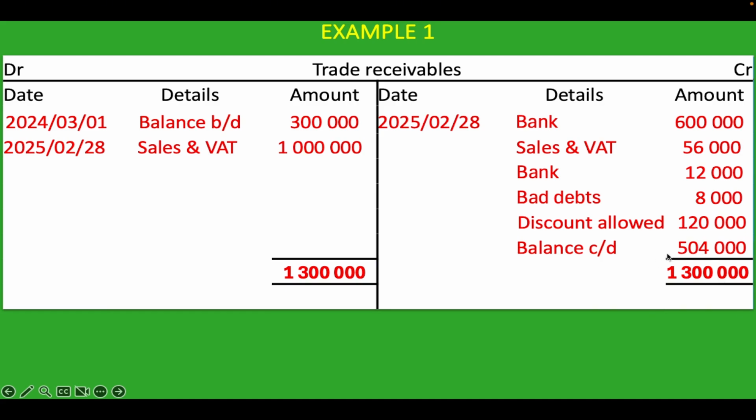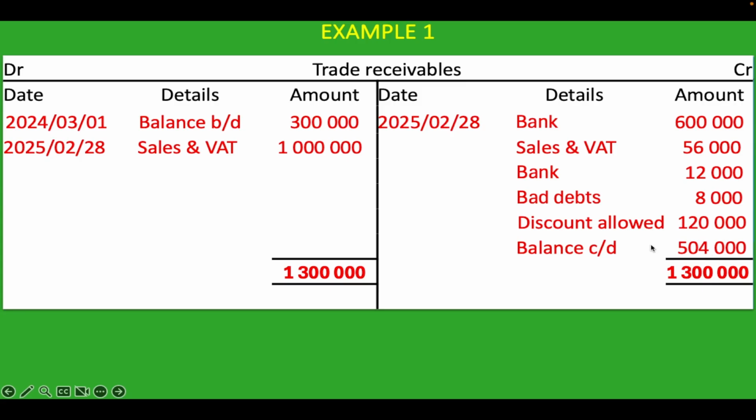So what is this balance carried down of 504,000 rand? Well, that is how much my trade receivables is at the end of the financial year, meaning at 28th of February 2025. That is how much my trade receivables is sitting at. And that's the point of doing the T account. You want to work out how much is my trade receivables balance at the end. At the beginning of the financial year, we know it was 300,000 rand, but now at the end of the financial year, it's